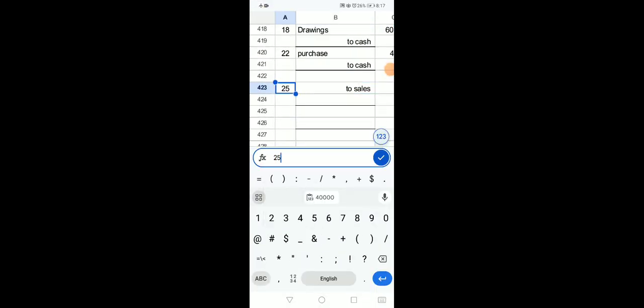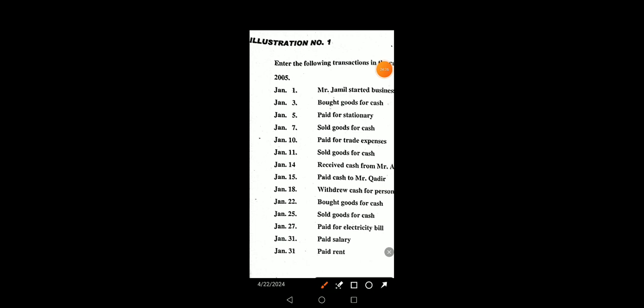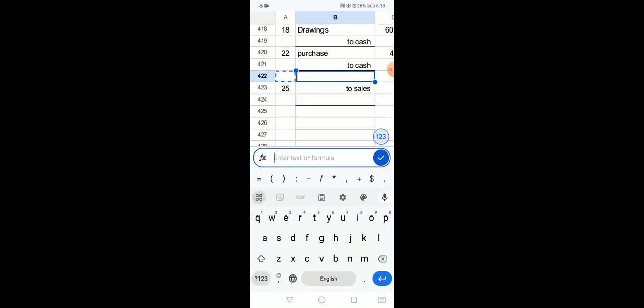You have sold your goods, but for entry number 25 we haven't mentioned the date, so stop everything and write the date first. The 25th entry was saying that you have sold goods, and now we will see for what purpose. Sold goods for cash. If you sell goods, you will receive cash. That means your cash in hand is increasing. Increase in cash in hand means increase in asset. Increase in asset should be mentioned on the debit side, so you will mention cash on the debit side. The date we can write in the right place. So here entry number 25